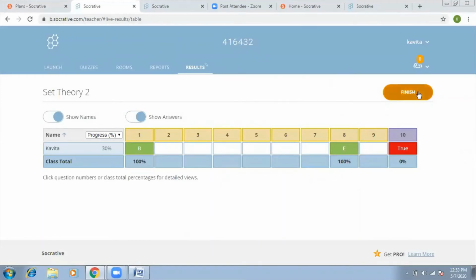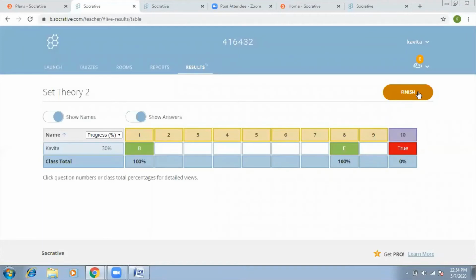So once this is done, you have to click the finish, then only the quiz will be over. Till that time, the students can give the quiz. Here I'm not going to set the time. Setting of the time is not possible here. As we usually do a supervision, that way you can set your time.